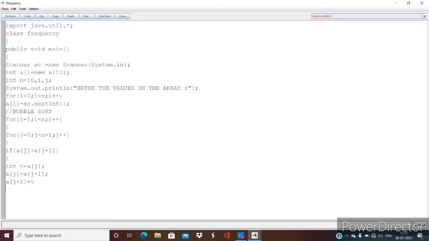The detailed explanation of bubble sort will be put in another video. So here I have just used the code of the bubble sort. So this is the code that will arrange the elements of the array a in ascending order.